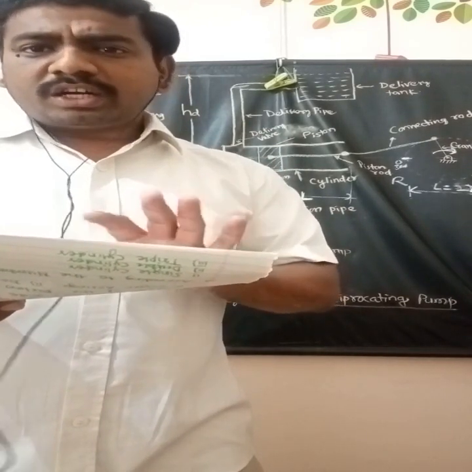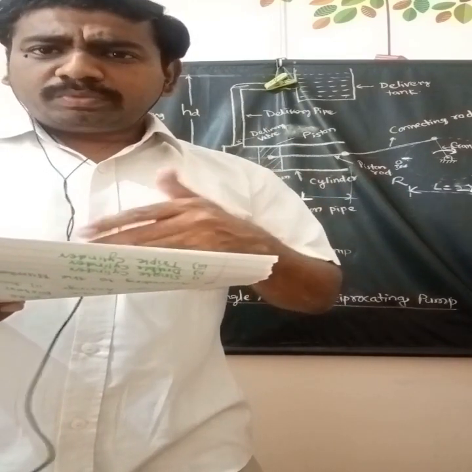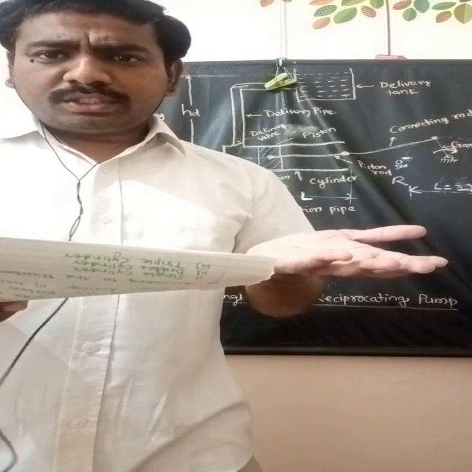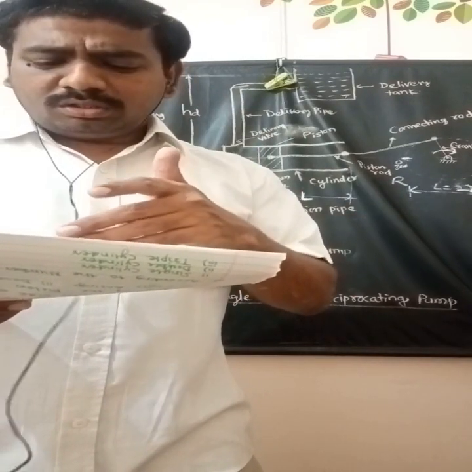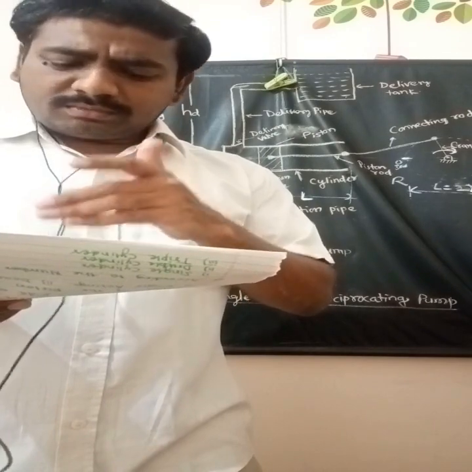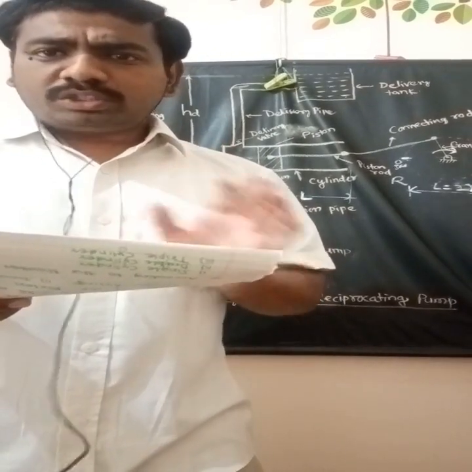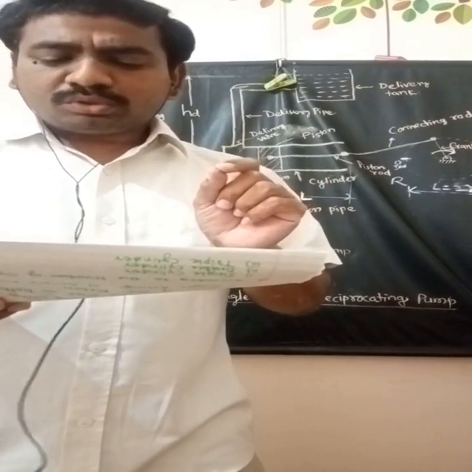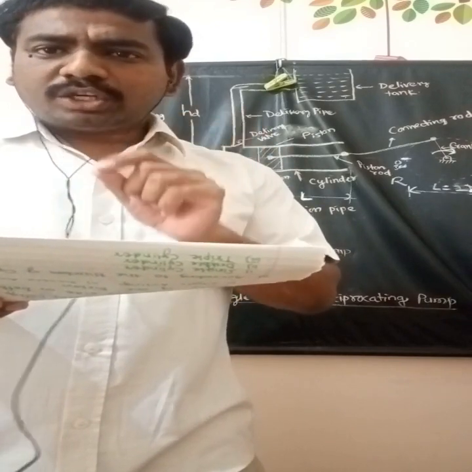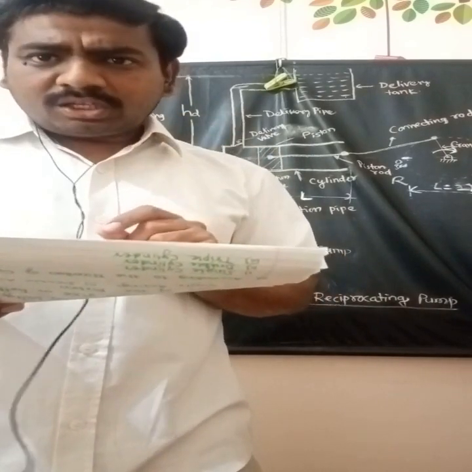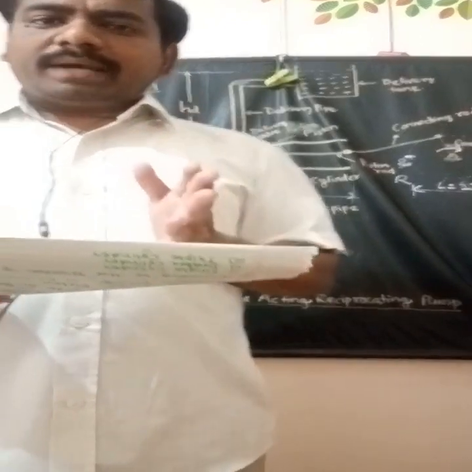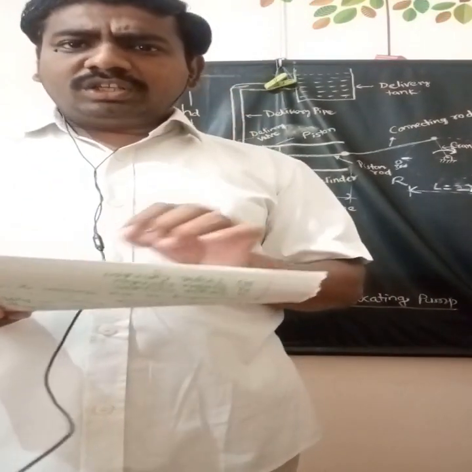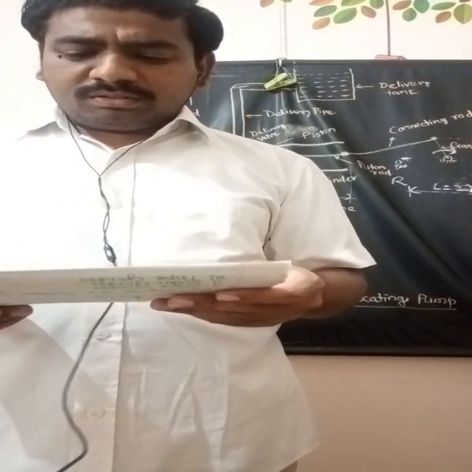Whenever these values are given in liter per second, both should be in liter per second. If the value is given in meter cube per second, then Q actual should also be in meter cube per second, as well as Q theoretical. So both should be in the same unit. Then the slip is simply the difference between Q theoretical and Q actual, QTH minus Q actual, which will give the value of slip, whereas the percentage of slip is 1 minus CD in bracket multiplied by 100. I think you can try this particular numerical, which is very simple.